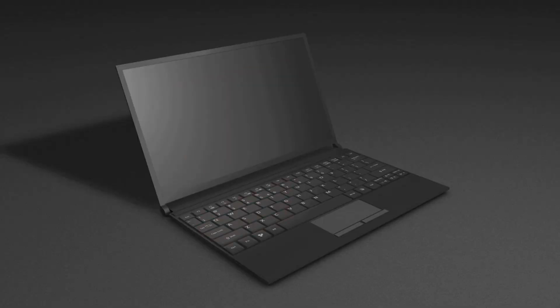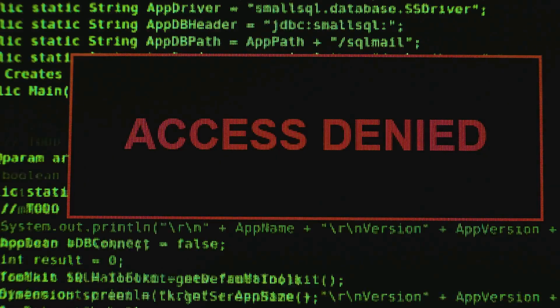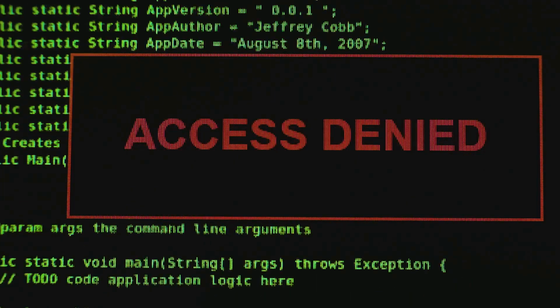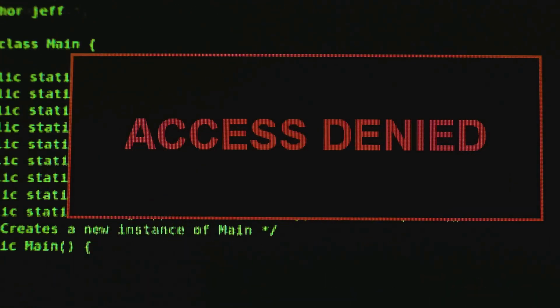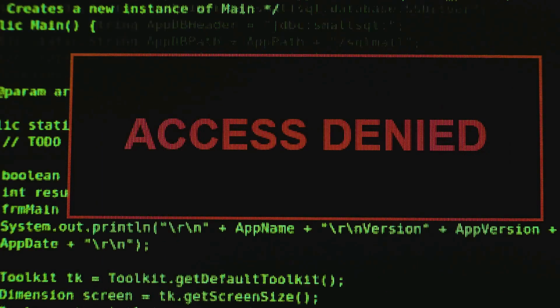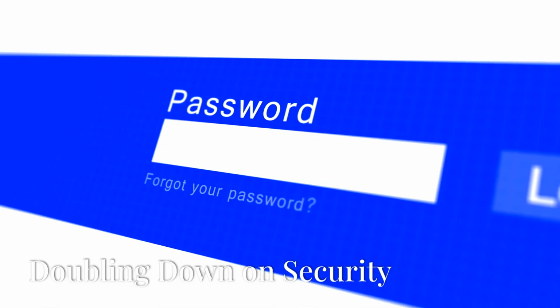This is because authorization settings are in place to ensure that only those with the necessary permissions can access certain types of information. Authorization ensures that only authorized users can access specific resources or perform certain actions. This layered approach to security helps protect sensitive information and maintain the integrity of the system.